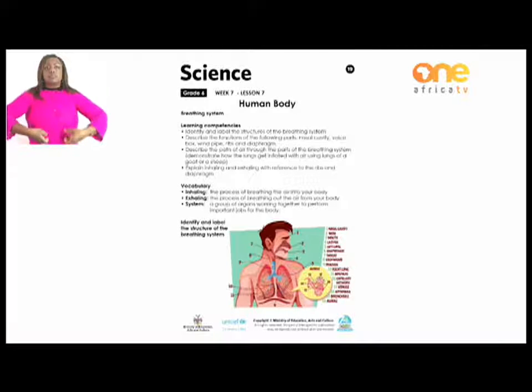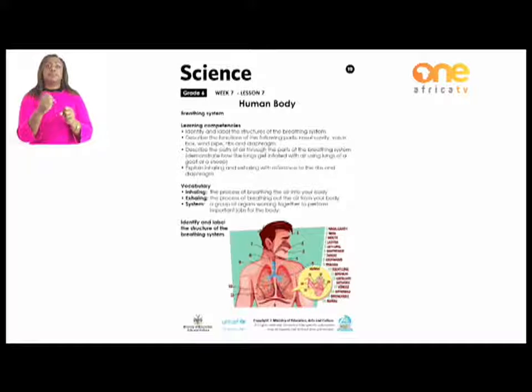We're also going to learn how to describe the path of air through the parts of the breathing system, or how to demonstrate it. And then we're also going to learn how to explain inhaling and exhaling processes with reference to the ribs and the diaphragm. Before we go in details of our lesson, let's look at the common words that are used in this system,